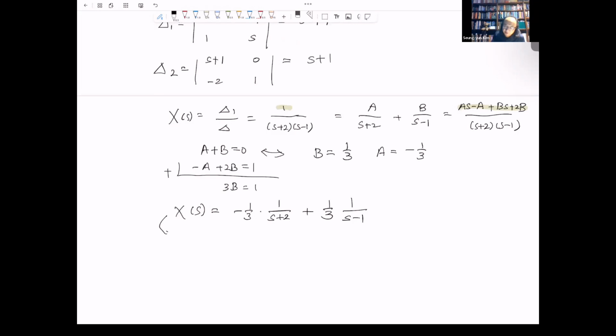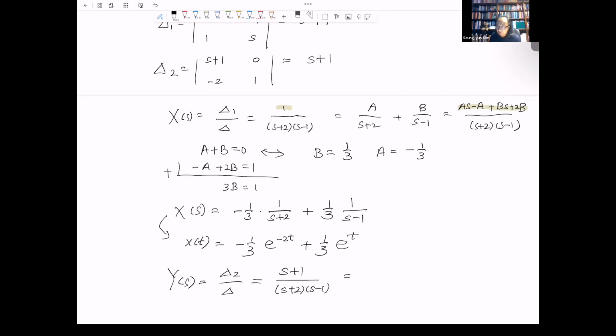Now we are ready to take the inverse Laplace transform. Now we have x of t equals negative 1/3 e to the negative 2t plus 1/3 e to the positive t. For y of s equals Δ2 over Δ, which is (s plus 1) over (s plus 2)(s